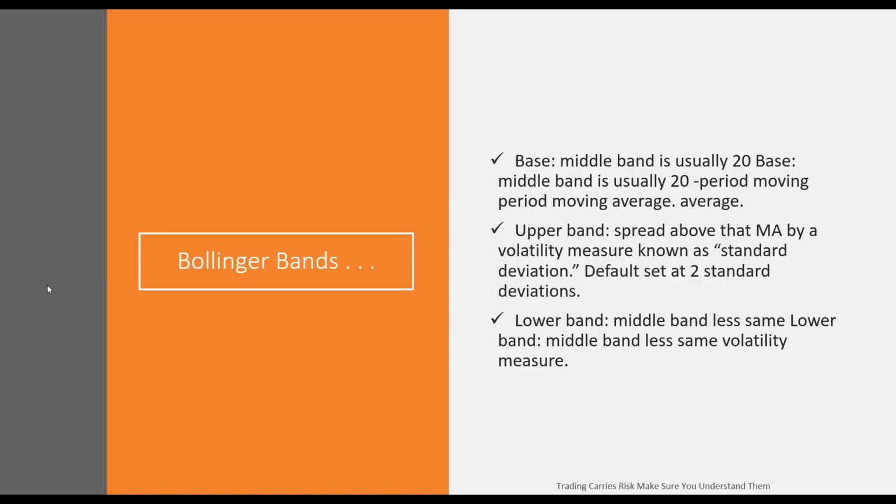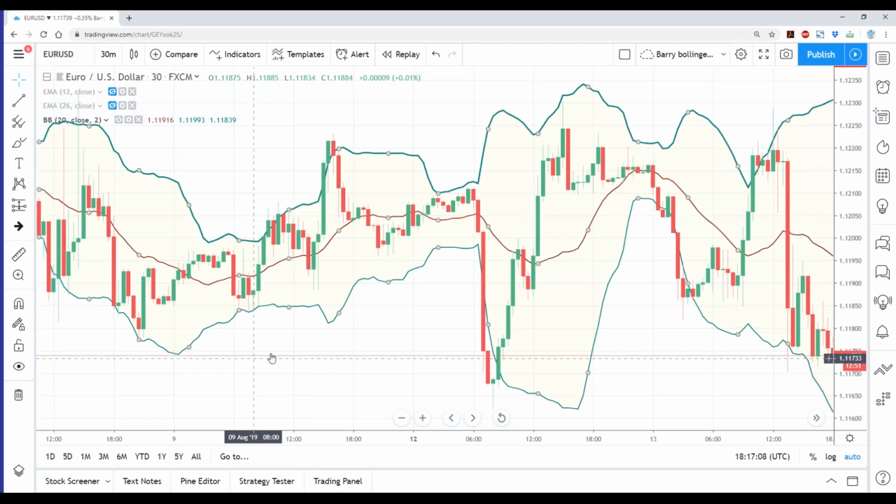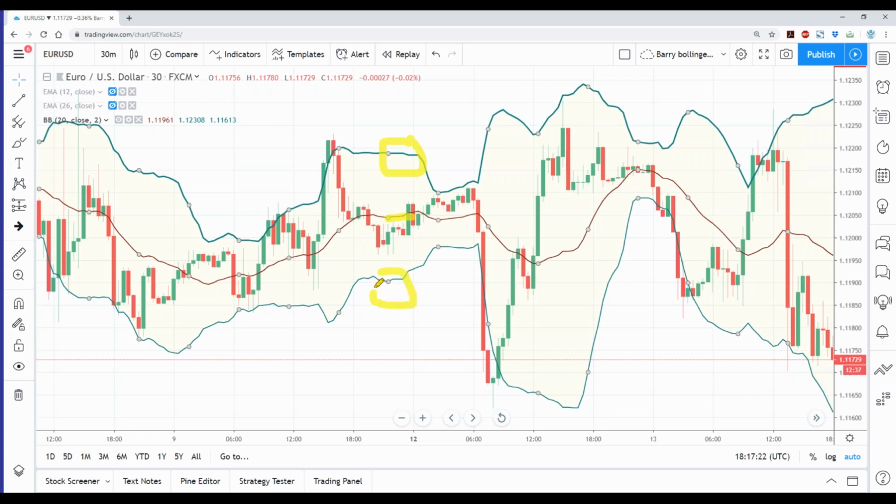So let's go back to the chart. So all we know is this number here that was calculated to give us the upper band is 2 standard deviations above this moving average, or 2 standard deviations below. That's it. Now the above and below calculations are exactly the same, just one above, one below. The distance of this band